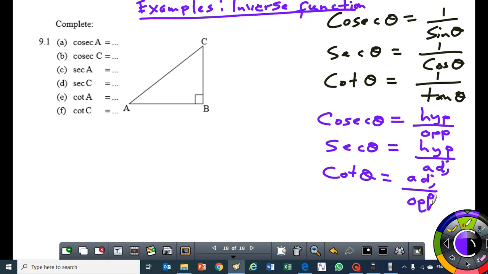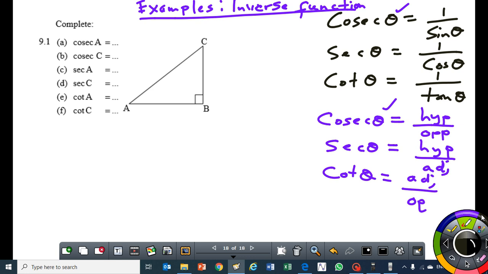Let's start with the first one. Right? So we have cosec A. Now, please pay attention. We have cosec A. Cosec is the reciprocal for sine. Okay? So we have got that in that. So if I want to write cosec A,